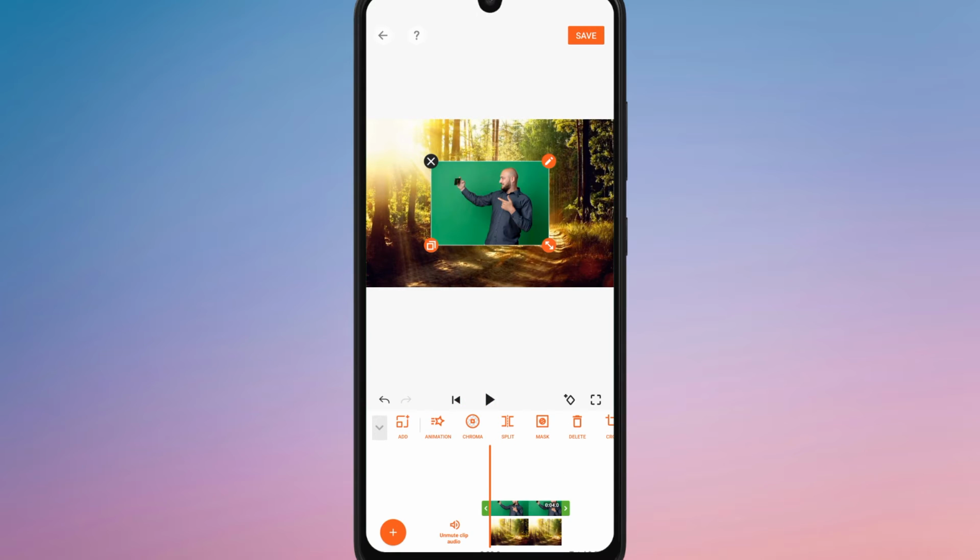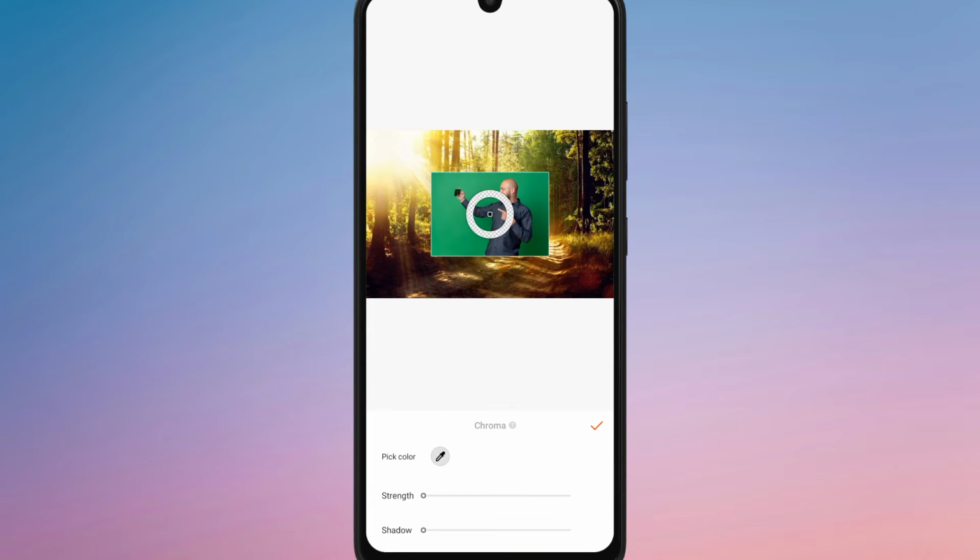Once your image is loaded on the timeline, tap on the green screen image layer to activate editing options. Now, scroll through the toolbar and look for the Chroma option. Tap on it and you'll see a color picker appear on the screen. Drag the picker to the green area of your image and the app will automatically detect and highlight the green